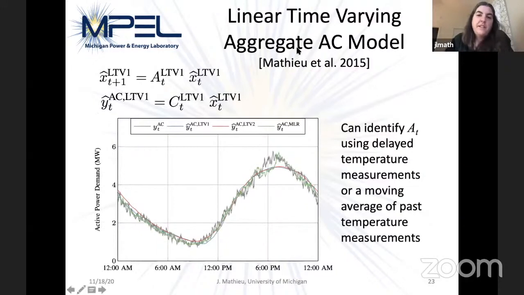So the linear time varying model is much, much more accurate. It has the same form, except that the A and C parameters are now functions of time. Specifically in this case, since it's air conditioners, they're functions of temperature. The aggregate air conditioner consumption is a function of outdoor temperature. So you can see these models are much, much better. The gray line is the actual air conditioner population's aggregate consumption, and these different colored lines are predicting that over time based on this linear time varying aggregate model. So we'd expect these models to perform much better than the previous ones. But we include them all because the algorithm should be able to determine which ones are working well and which ones aren't.